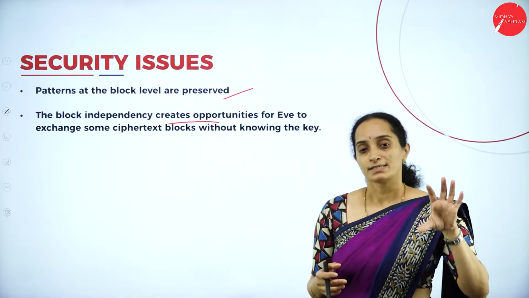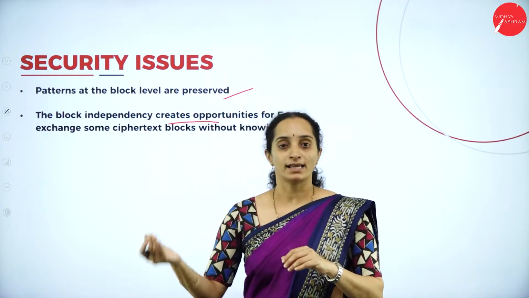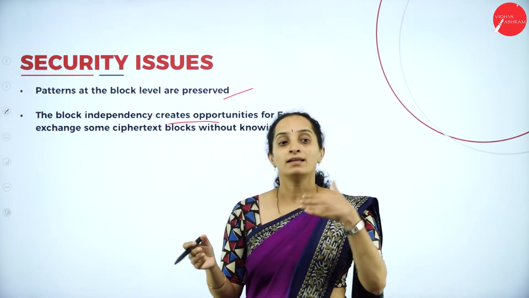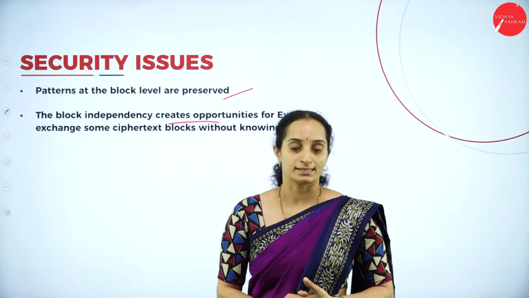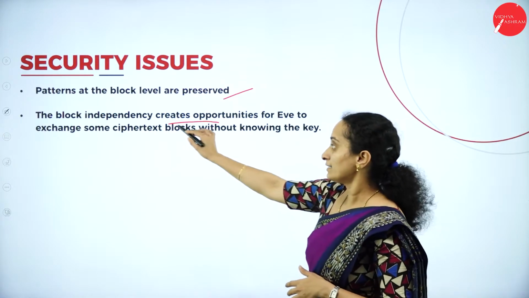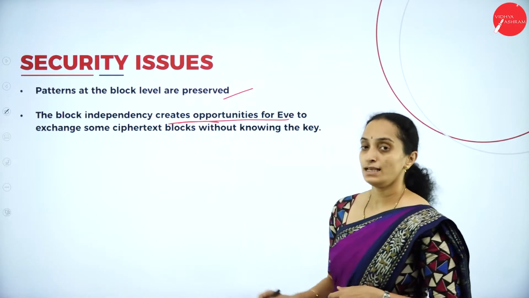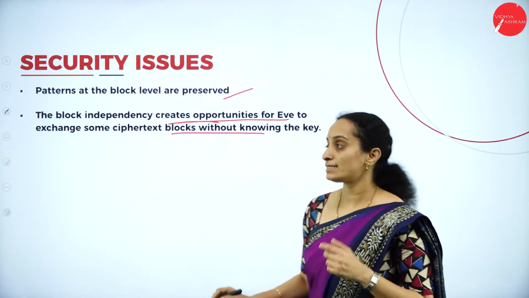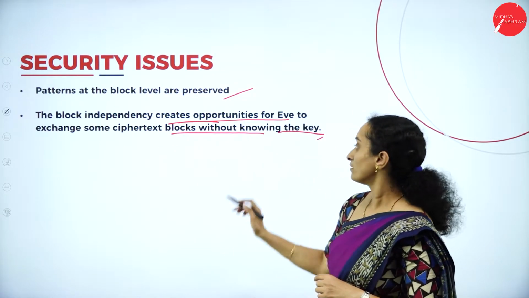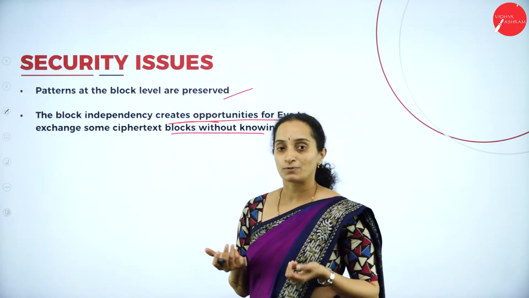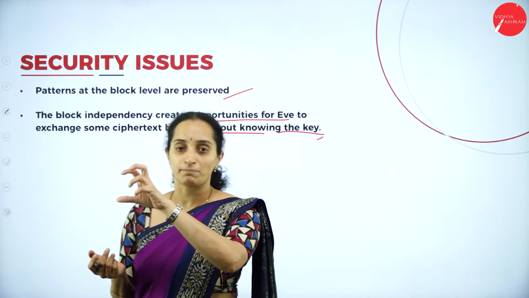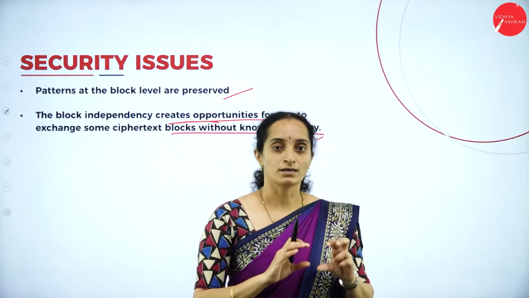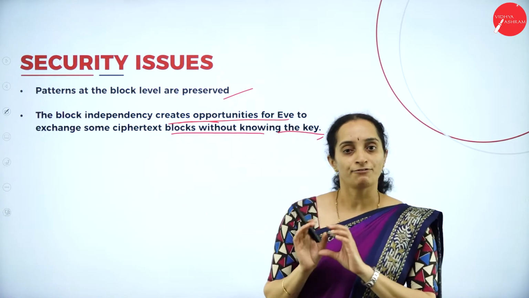If the same salary pattern is maintained for the next month, she can use those details to replace them once again with the employee details. Along with that, the block independency creates opportunities for Eve to exchange some ciphertext blocks without knowing the key. Suppose 1357 in the plain text are encrypted, the ciphertext blocks will be 1357